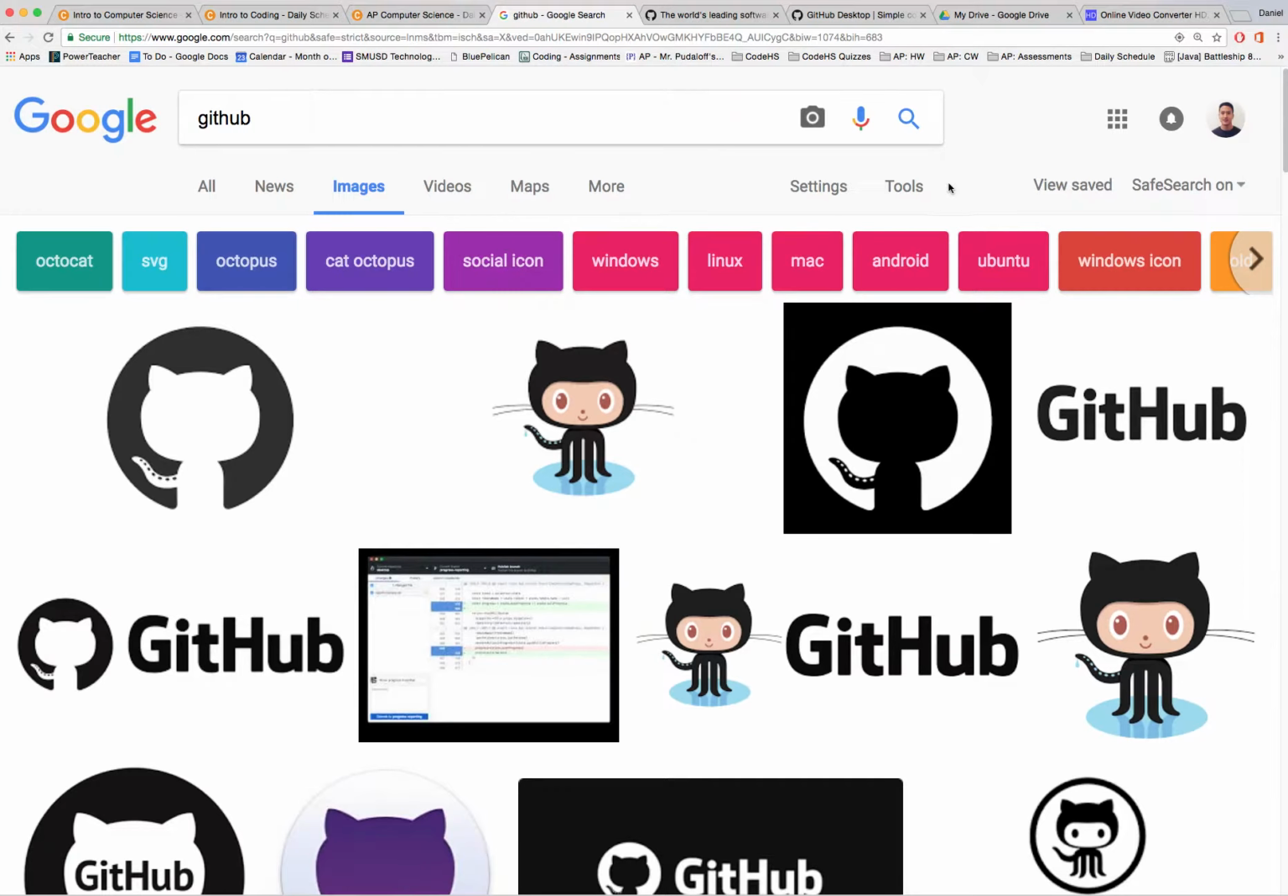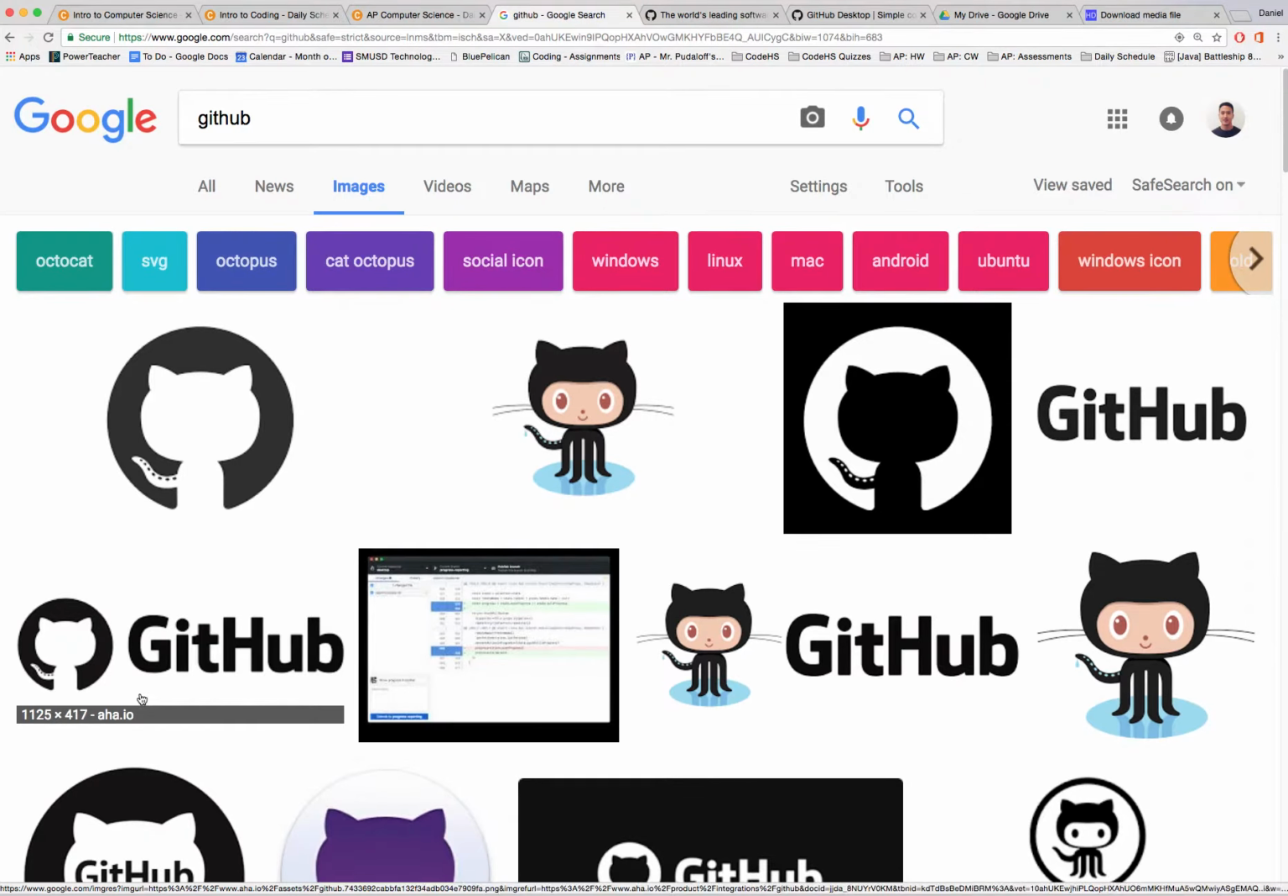GitHub is a software repository. And what is a repository? It's a warehouse where you can store code. So that's what GitHub is. And GitHub has additional functionalities that make it popular amongst technology companies because it makes it easier to work on